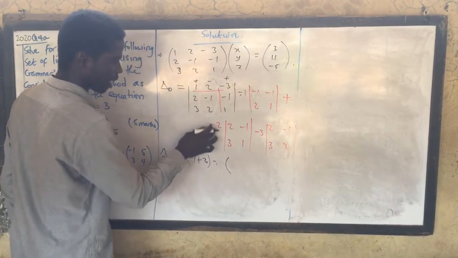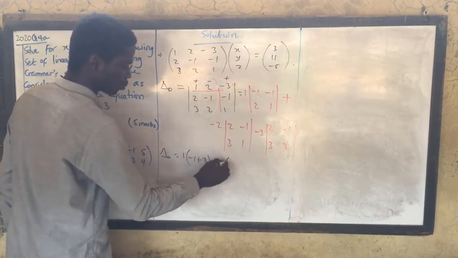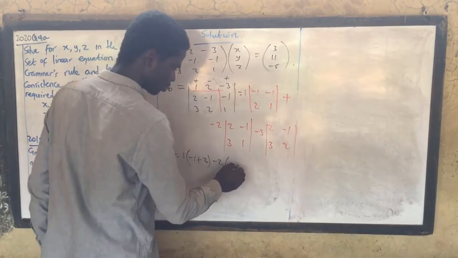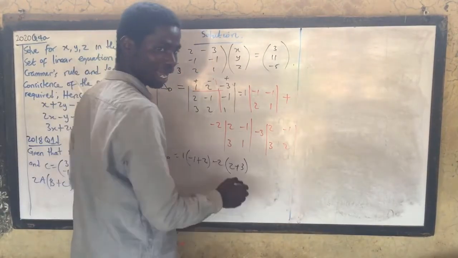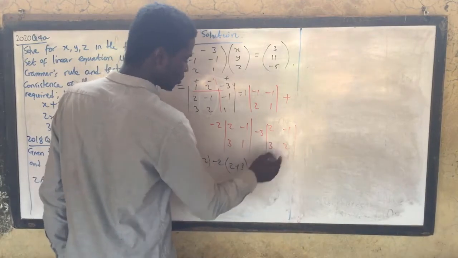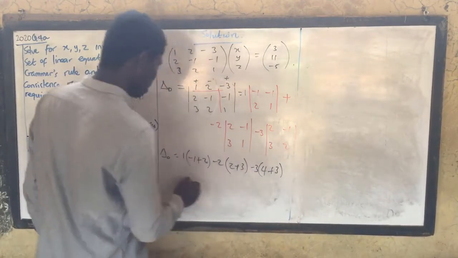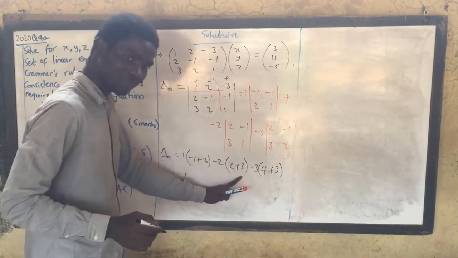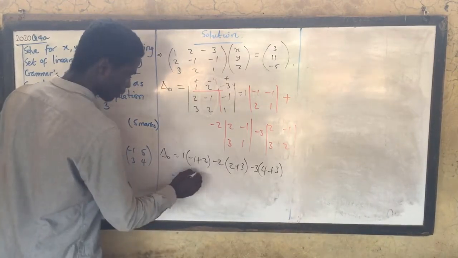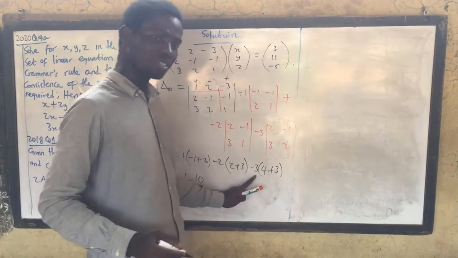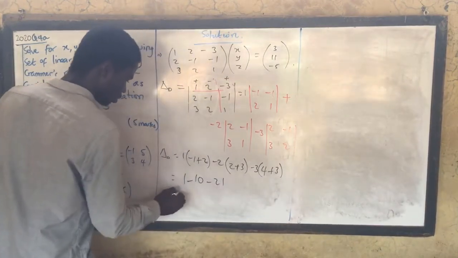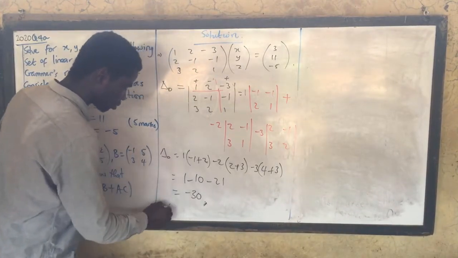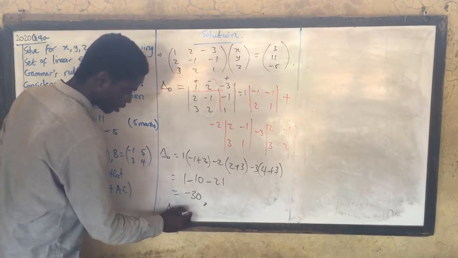No, this is not +1, this is -2, plus -2, that's -2. 2 times 1, 2. This times this, +3. Now I have -3, 2 times 2, 4, plus 3. So -1 plus 2 is 1, 1 times 1, 1. 2 plus 3 is 5, 5 times 2, that's -10. 4 plus 3 is 7, 7 times 3, 21, -21. So 1 minus 10 is -9, -9 minus 21 is -30. Since it is not equal to 0,